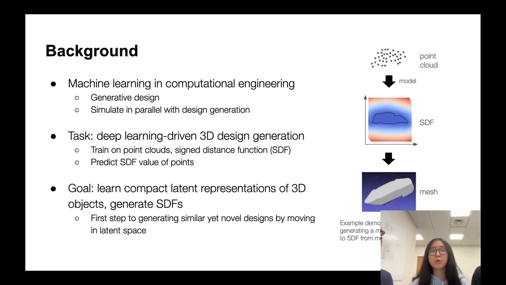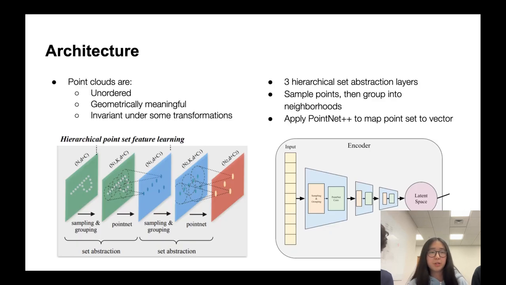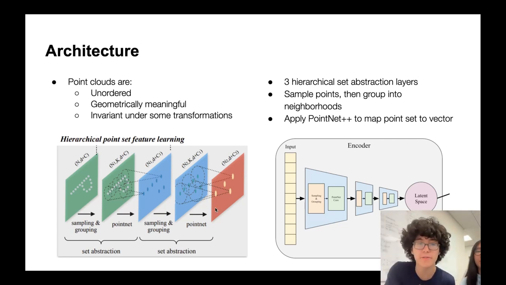An example of the process for our task is shown on the right here, where we have a point cloud of a car, and then we give these points to the model and generate an SDF, which is pictured in the middle section there. Then we can use one of many techniques, for example marching cubes, to turn this SDF into a 3D mesh and then have physical models with it. So the architecture we went for is,